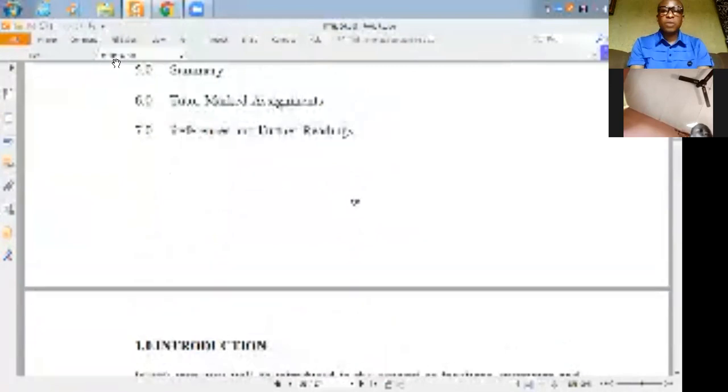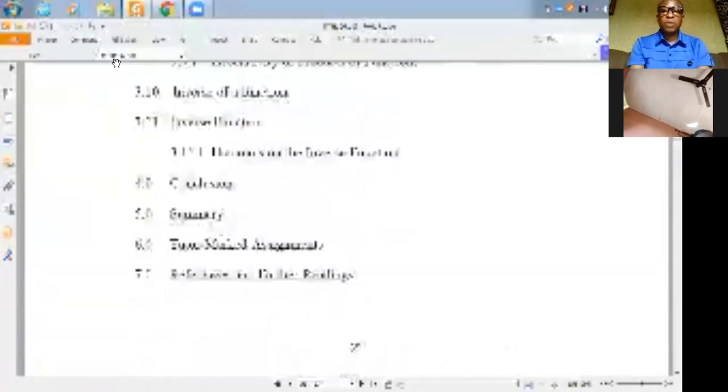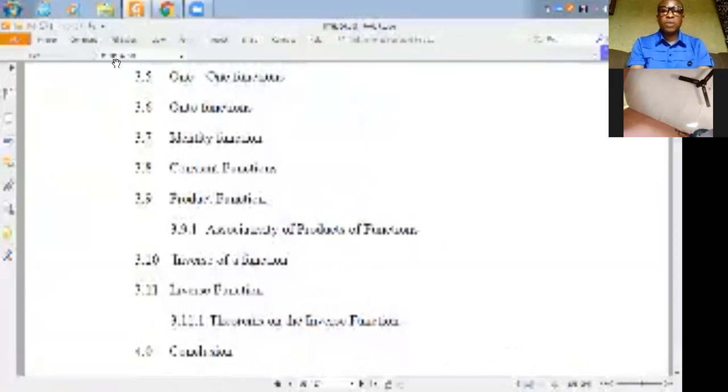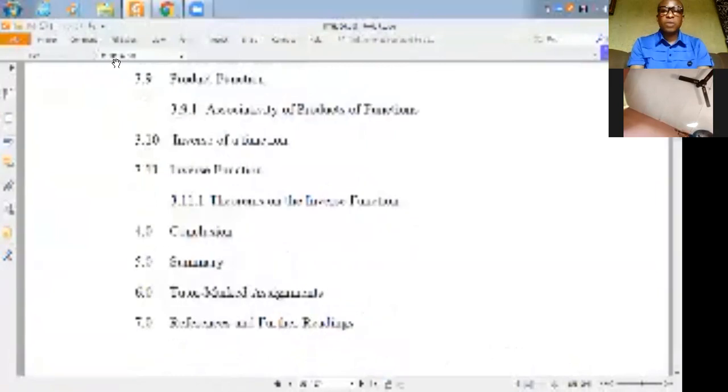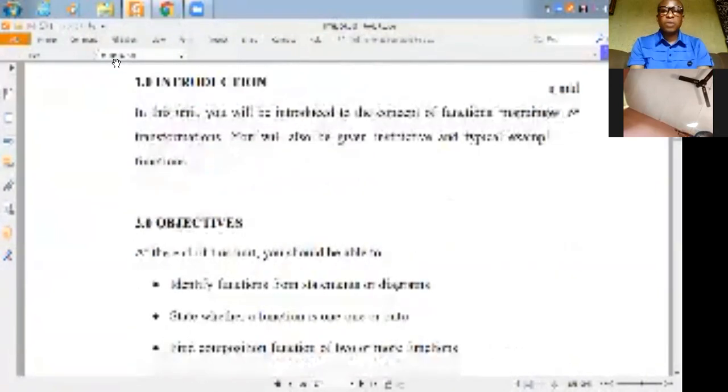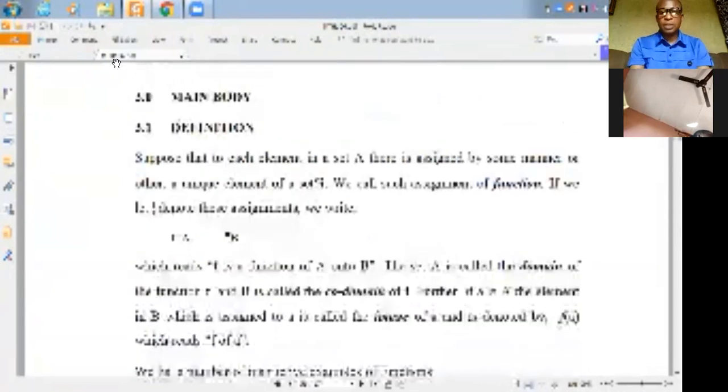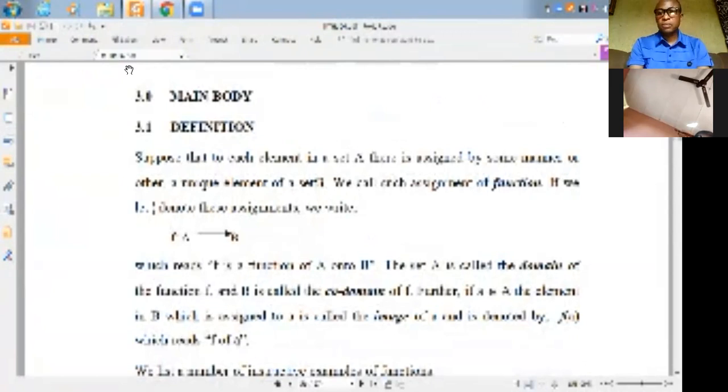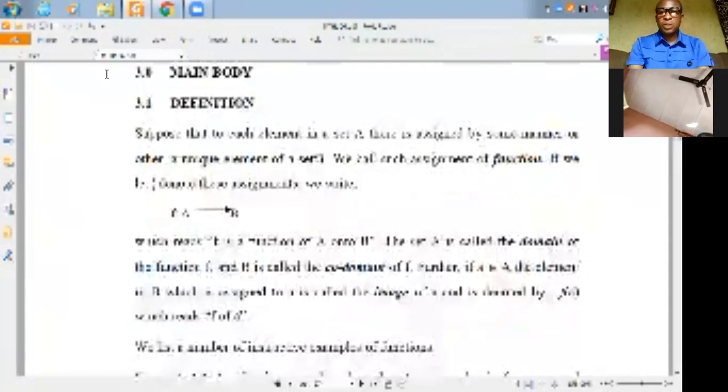So we'll be looking at function. That is the topic for the day. And in a few minutes, I will be taking you through what functions is all about. So, functions, as we can see,